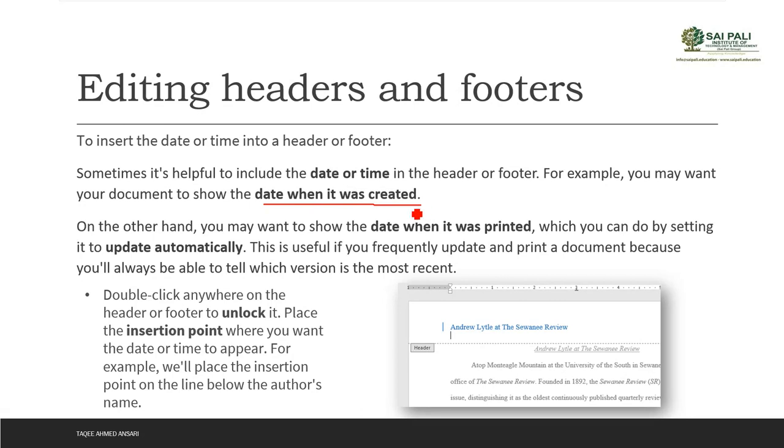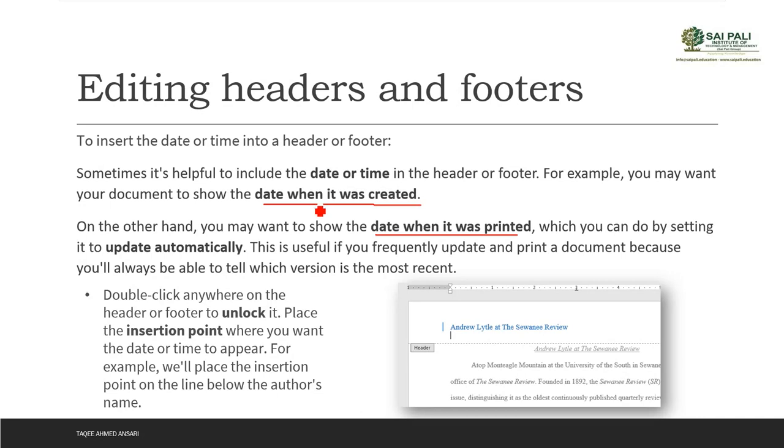And sometimes you may want the date of printing. Suppose this is my book, so I want to have the date when I created the book. I have written the book, so the date will never change. It will always show you the date of creation.